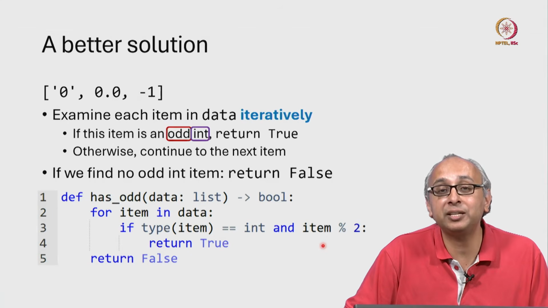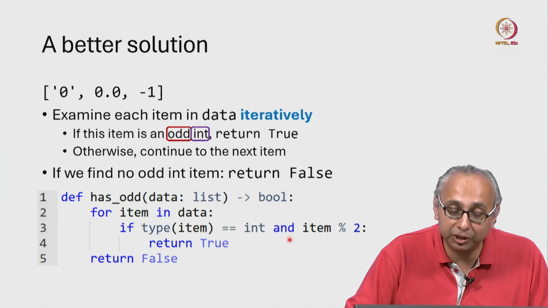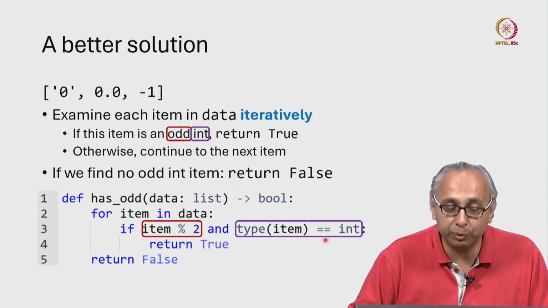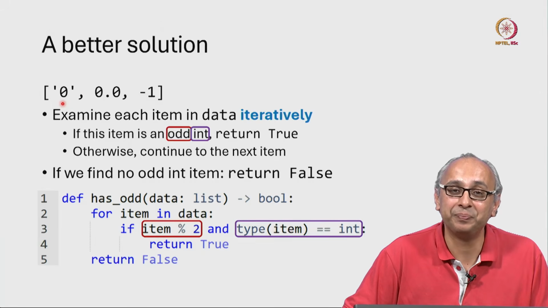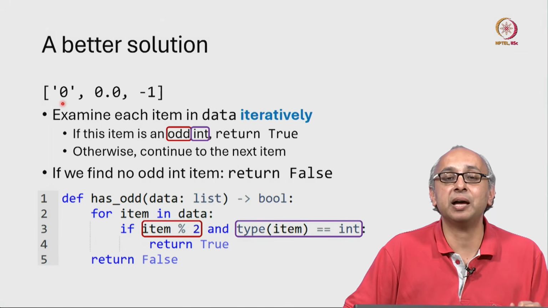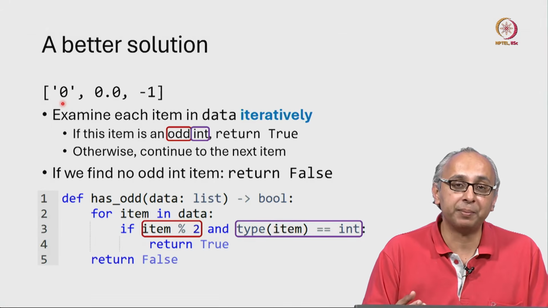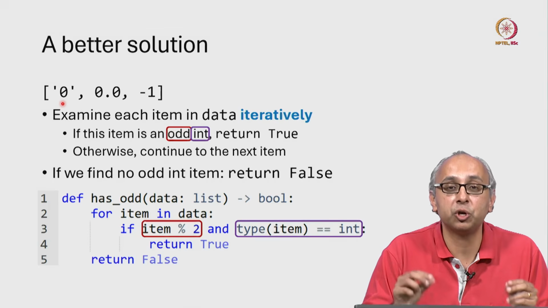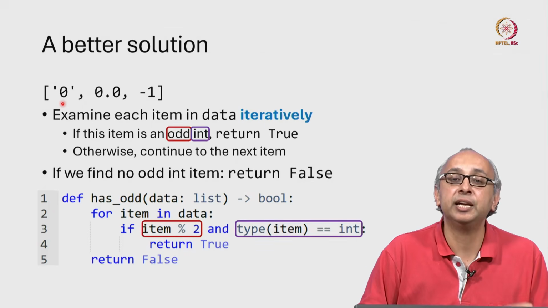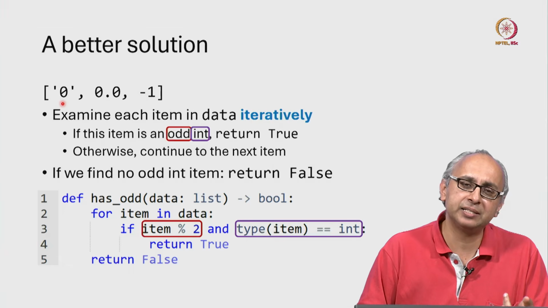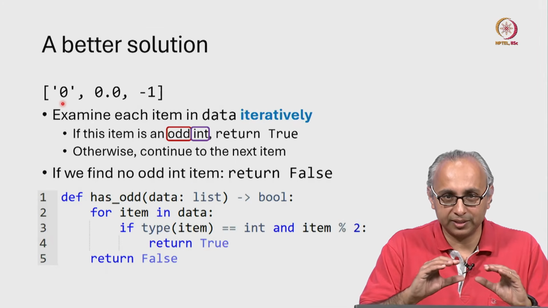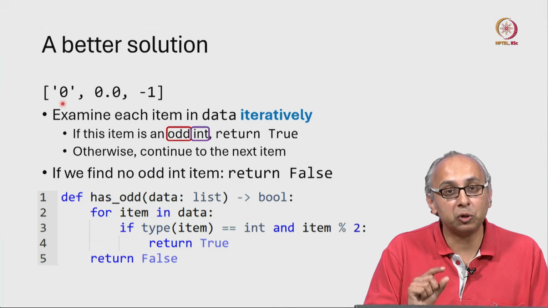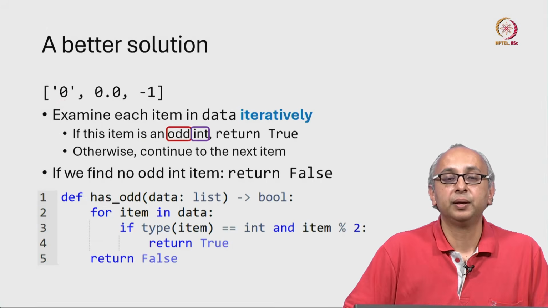So we avoid creating a type error if we write the code like this, whereas if we wrote the code like this, we would get a type error. So you see, this is an example of how we as programmers can make use of short-circuited evaluation both with ANDs and similarly with ORs to write code that is simple to read and also correct.